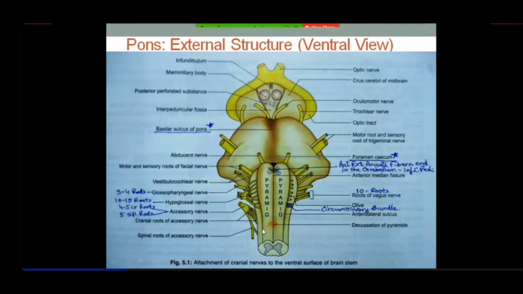And while the inferior cerebellar peduncles are directed downwards and medially towards the medulla, this middle cerebellar peduncle is not forming the boundaries of the fourth ventricle. It is only present on the basilar portion, or you can say the ventral portion, of the pons, like a bridge, and there are transverse striations present on this.